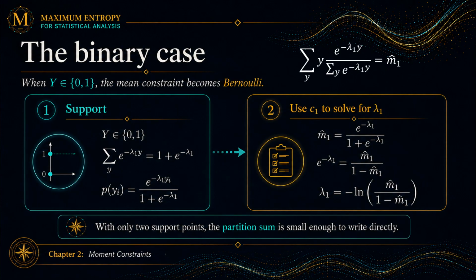Because what is the moment? Well, it's the probability of y times y. And so if you carry out that math, you come out with lambda 1 equals the negative logarithm of the first moment, or estimated moment, divided by 1 minus the first moment. If you want to, hopefully you can do this math on your own, but certainly if you want to see the step by step, it's in the full online course. I don't really know how important that is, because the whole purpose of this is eventually to say, oh, but in most cases we should rely on numerical derivations, where these analytical derivations just aren't that important. So